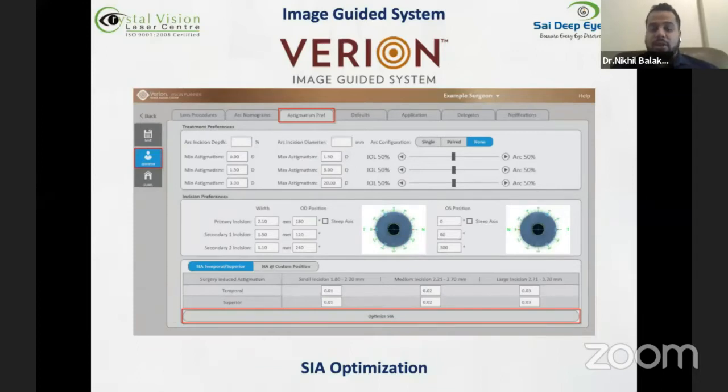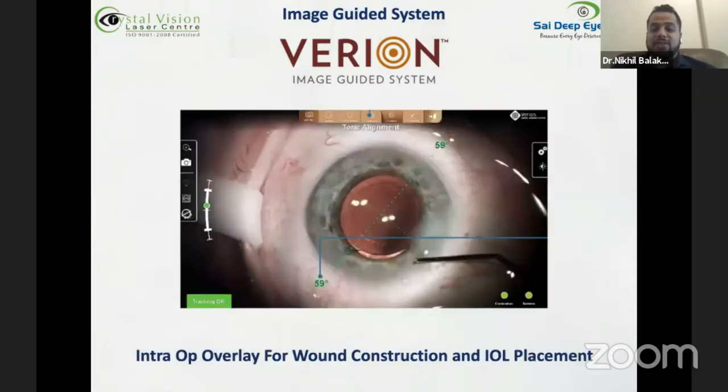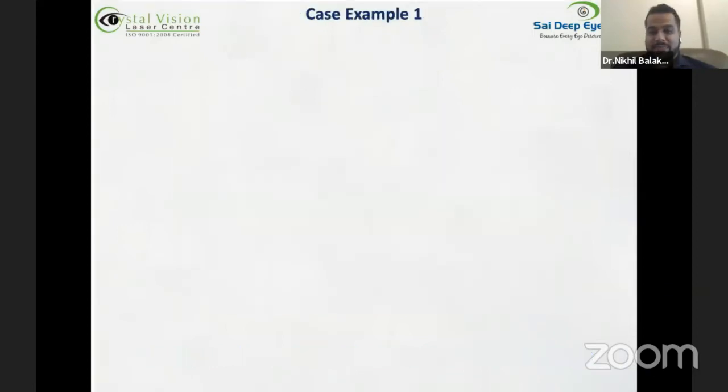It also gives you the option for an SIA optimization where you can put in the value. You don't need to do it online. You put in all your pre and post-op keratometry values here itself, and you can optimize your SIA. Obviously, intraoperatively, it gives you the overlay on your microscope so you can make sure you do a proper IOL placement. I'll just run through a few case examples